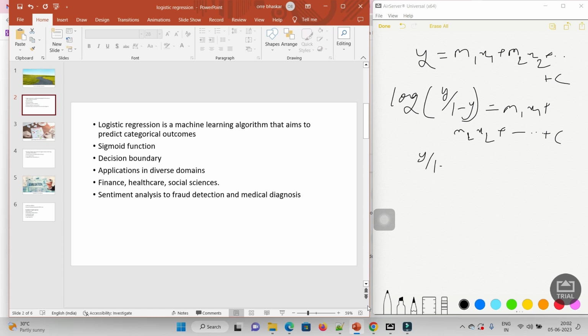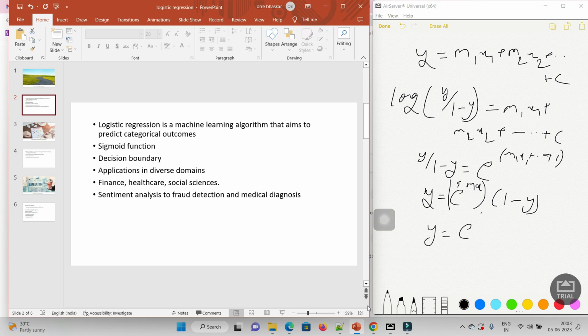It will become y by (1 - y) = e power (m1 x1 + and so on + c). Let's take the (1 - y) to the other side. It will be e power (mx) into (1 - y). After solving the equation, we will get y equal to